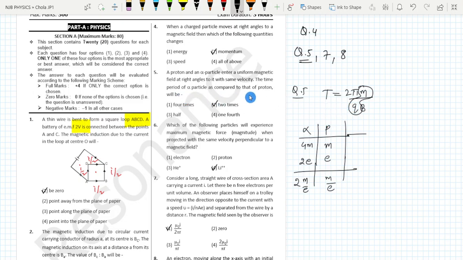The time period of the alpha particle as compared, because the ratio of m by e is double in case of the alpha particle, therefore the time period will be double, and therefore in option